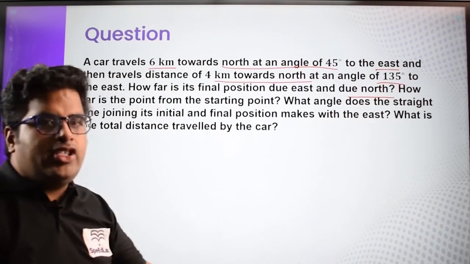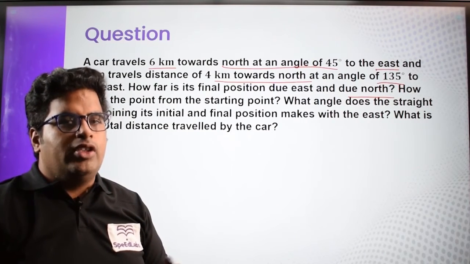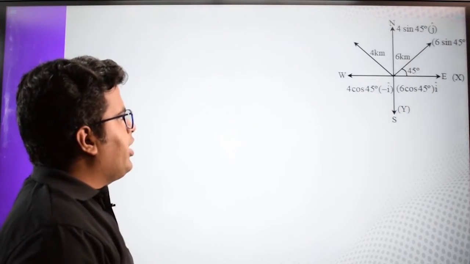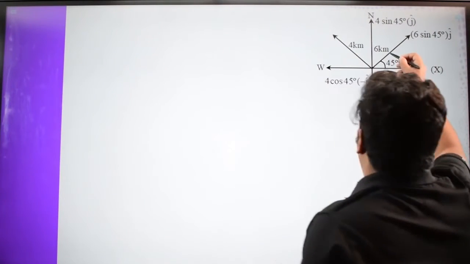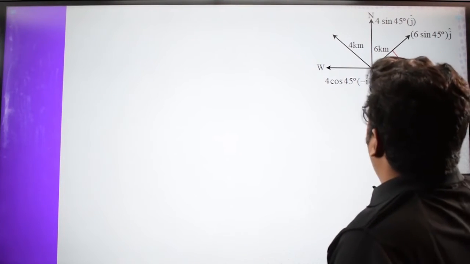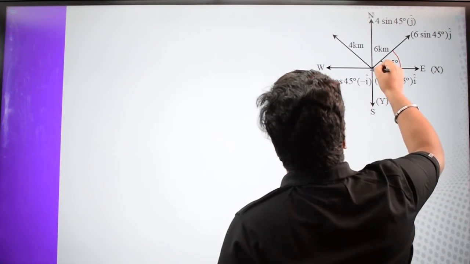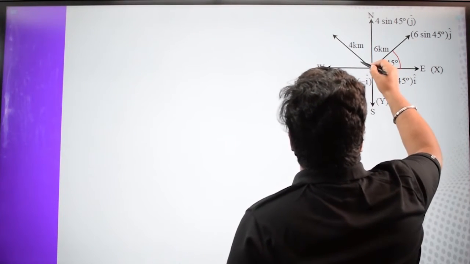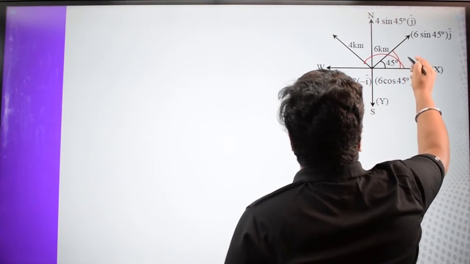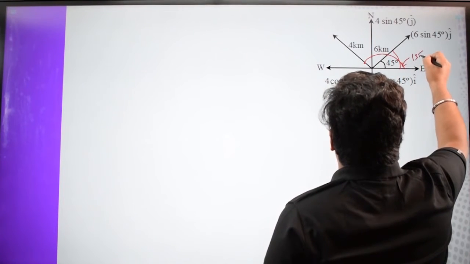मतलब north की डायरेक्शन में कितना उसका फाइनल डिस्प्लेसमेंट होगा और ईस्ट की डायरेक्शन में फाइनल डिस्प्लेसमेंट कितना होगा, that we have to calculate, right? So let's have a look at the diagram that there is a car which travels 6 kilometer at what angle, 45 degree, right? और ईस्ट से 45 डिग्री बना रहा है, and there is further it travels 4 kilometer, और जो ईस्ट से एंगल कितना बना रहा है, that is given to us this angle as your 135 degree, right? ये आपको एंगल कितना दे रखा है, 135.